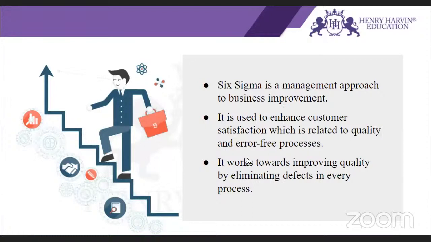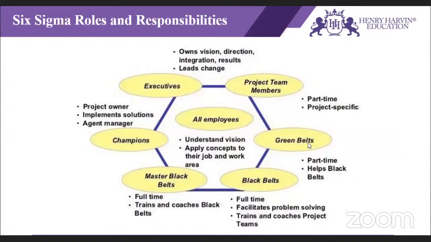So basically, what is Lean Six Sigma, guys? These are process improvement approaches, right? These are the techniques. Somebody mentioned, Muni, probably, that it's a DMAIC approach, right? Lean has certain tools, Six Sigma has a certain methodology, and the tools help us in improving the processes. It works towards improving quality, increases CSAT, increases productivity and a lot more things. So these are a few Six Sigma roles and responsibilities.